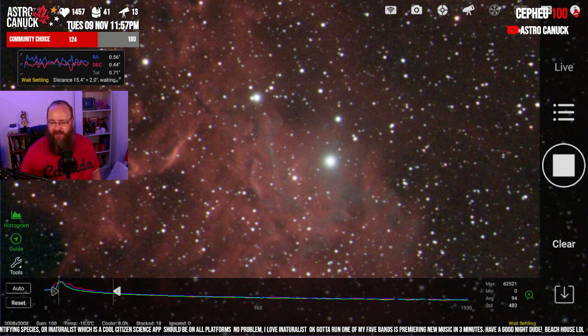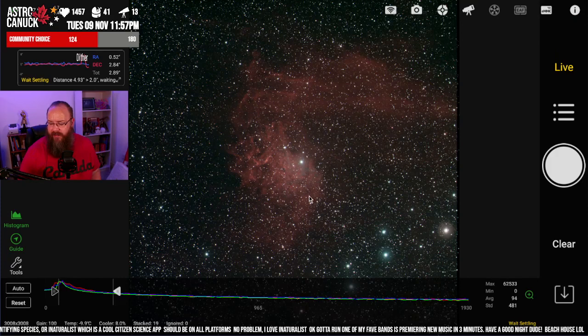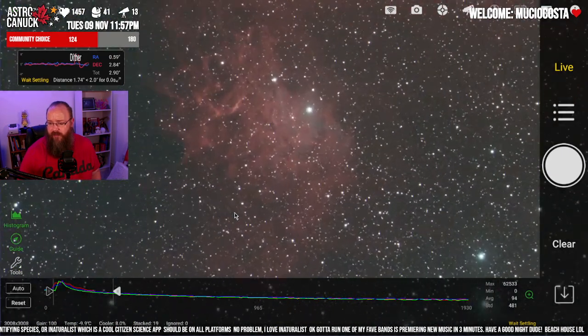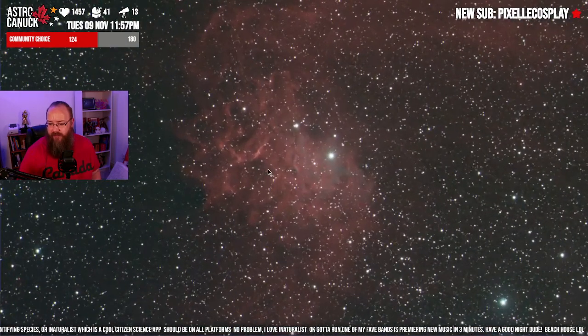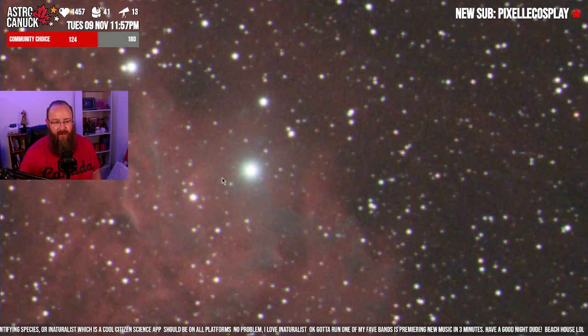But yes, the Flaming Star Nebula is one of those targets that I have. I spent 14 hours on this one target before, and I gotta say that I don't even think that came out this detailed for me before. This is the power of a cooled astronomy dedicated camera, to get some interesting deep sky images, pull out all those details in a relatively short amount of time. Like before, we were shooting our half-hour images and they were fairly risky because we were at the mercy of